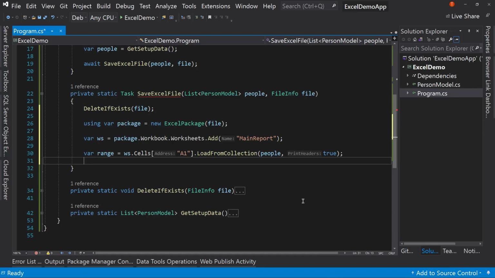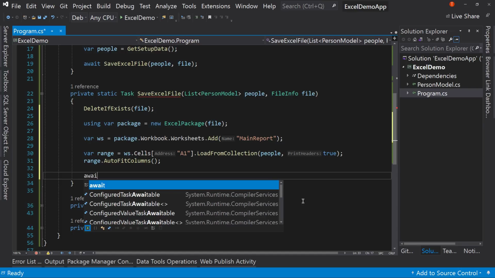So now I'm going to say range.AutoFitColumns. In Excel, sometimes you can have a column that's too narrow for your content and it doesn't show everything. And you can double click on the column separator bar and it expands it out to fit the column. Well, that's kind of what we're doing here. We're saying, hey, fit all this in so that it looks right and we're not having hidden content in our Excel file. And finally, we say await